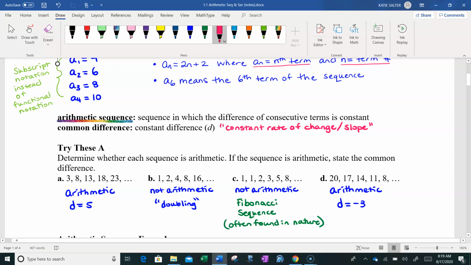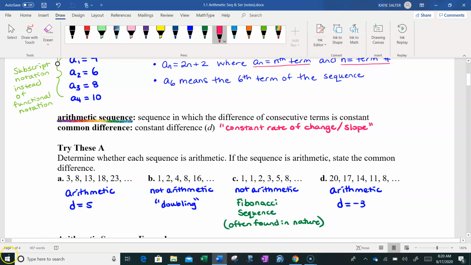In this unit, we have to use a recursive formula to write the sequence because what you're doing is adding the 2 previous terms to get the next term. 1 plus 1 is 2. 1 plus 2 is 3. 2 plus 3 is 5, and so on. The last one is arithmetic because we're subtracting 3 to get the next term, so the common difference is -3. So just remember, in order for it to be an arithmetic sequence, we're either adding or subtracting the same number